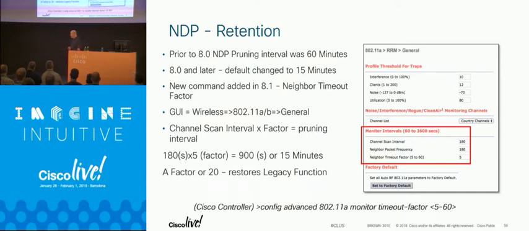The way this works now, channel scan interval, neighbor packet frequency, that should never go below 180. And then the neighbor timeout factor. Your hang time is a multiplier of that 5 and that 180. So 5 times 180 gives you what, 900? And that's 15 minutes, 900 seconds. You want that to be 20. If it's not 20 on your controller, put it up to 20. It won't interrupt anything. It'll just start keeping your neighbor discovery longer. And you will probably have better results at least somewhere in your environment.